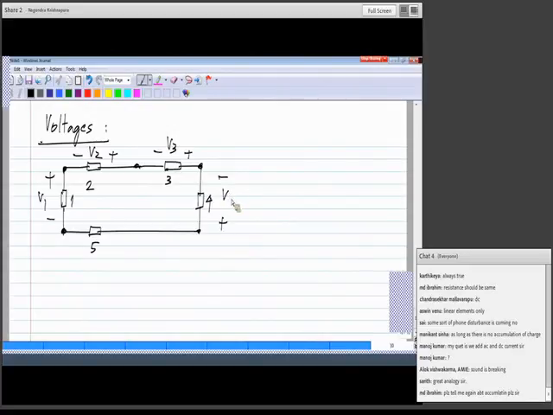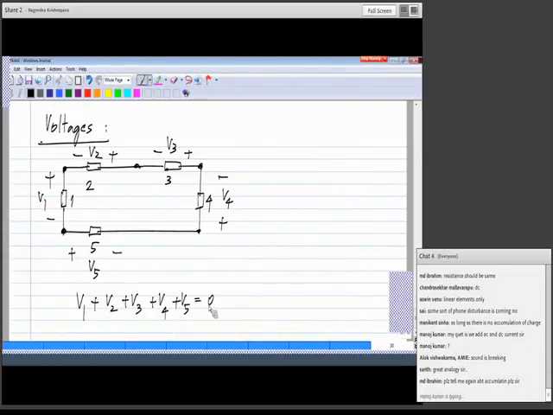Please mind the directions in which I am writing this. V3 here, V4. You see that I am taking all the differences in the same direction, and V5. Okay, again, this has nothing to do with the specifics of the circuit, and there is a law that says that V1 plus V2 plus V3 plus V4 plus V5 equals 0. Okay, and this is known as